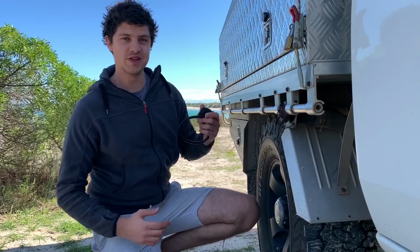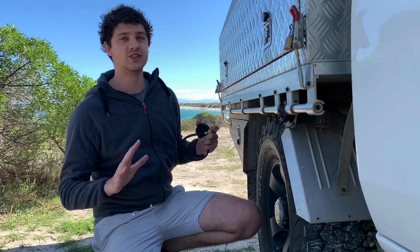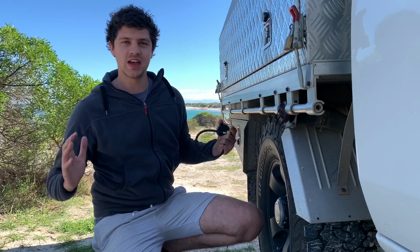So I've just stopped for a minute to chuck my tyres down. We're about 2 kilometres away from where I'm planning on camping tonight. It's a beautiful spot right on the water, but it is on the beach. So my tyres are still full at the moment. I haven't needed to drop them so far, but just to be safe, I'm going to drop them down to